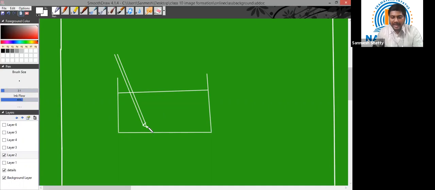Now the rays coming from the tip of the pencil will be incident on the water surface. After incidence, obviously there is going to be a refraction because the ray is going from one medium to another medium. Let us draw a normal at this particular point. Now, since the ray of light is going from the denser medium to the rarer medium, the ray will bend away from the normal like this. Let us draw another ray coming from the same point so that we can trace the image.